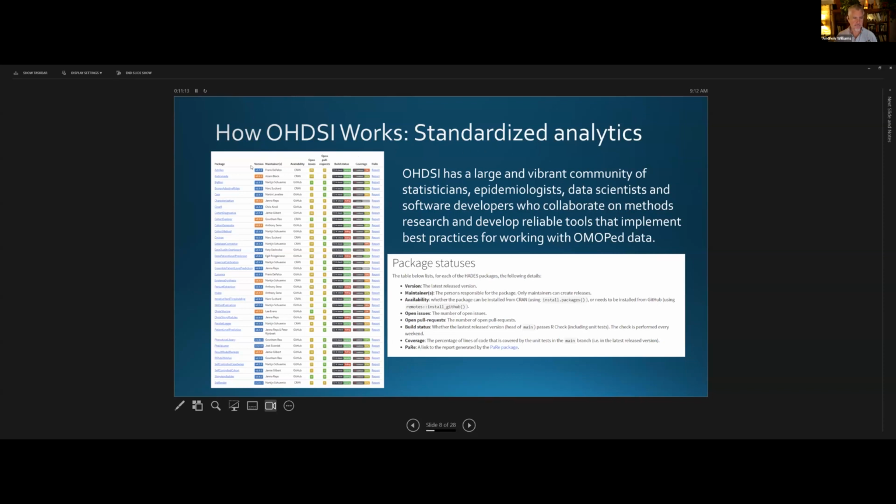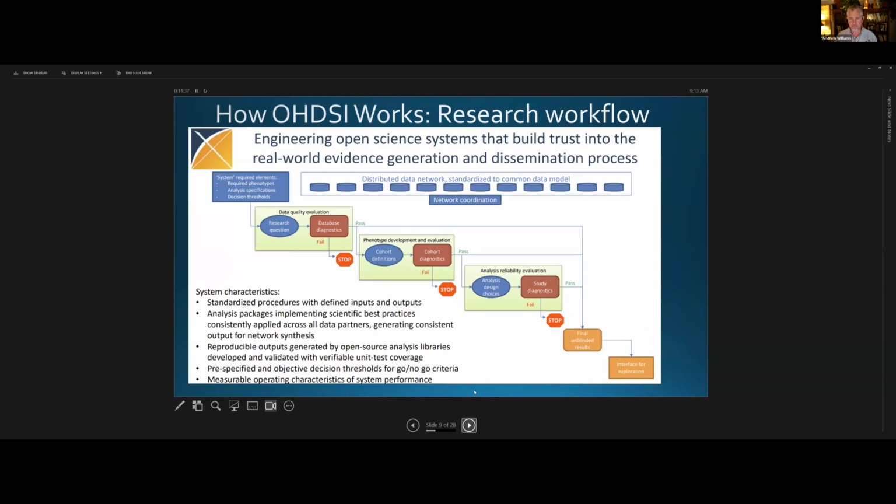This snapshot on the left-hand side, which is illegibly small, does tell you the kind of thing that's tracked for each of the major packages that are a part of this software ecosystem. Includes unit test coverage, build status, open issues and pull requests, who's the maintainer, dependencies amongst those things, and so forth. There's over 200 or so repos in there. Only some of those are considered the core things that are often used in doing research.